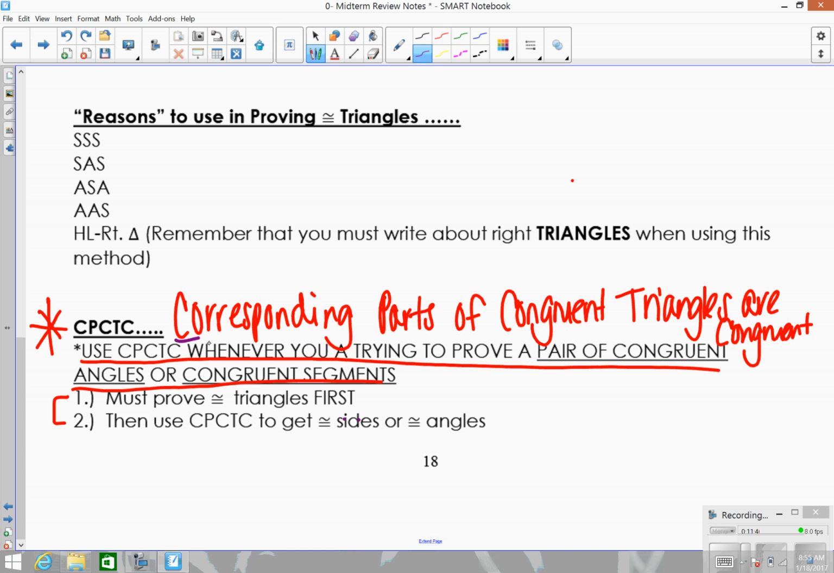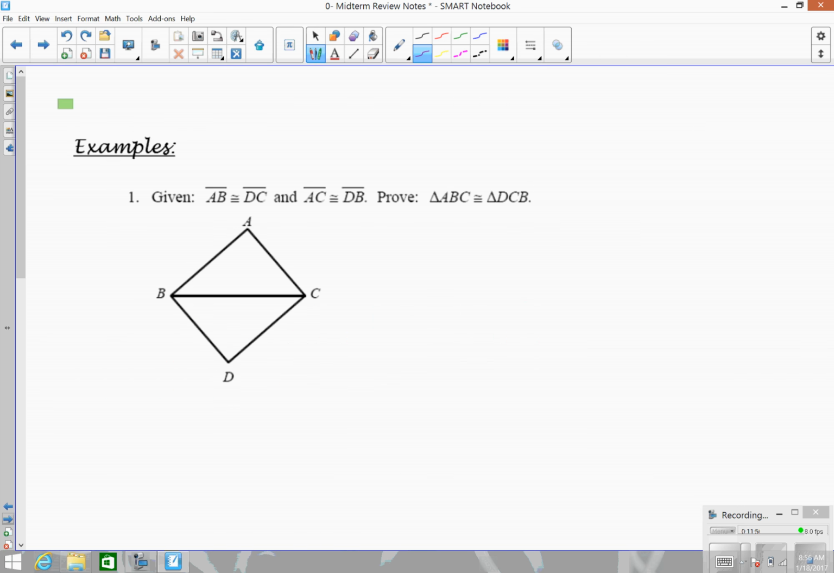So it's CP/CTC. So all of the corresponding parts of congruent triangles must be congruent. So that's the idea behind that. So let's look at 2, these are kind of shorter proofs, but just to get you thinking again